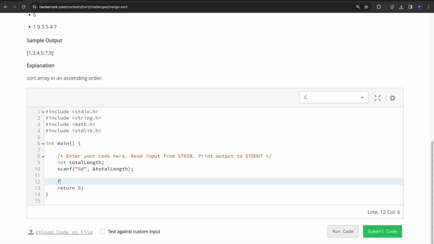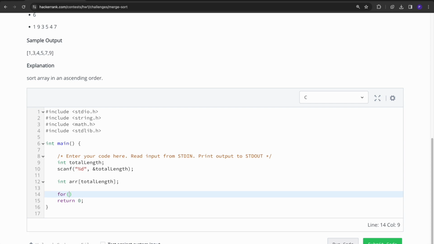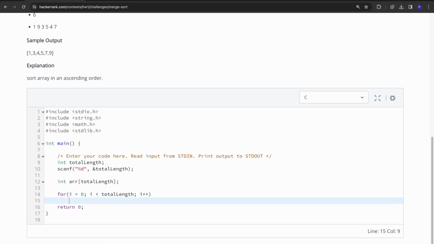And after that we have to declare an integer array of size total length, and for this we have to scan the values for i equals 0, i less than total length, i plus plus,